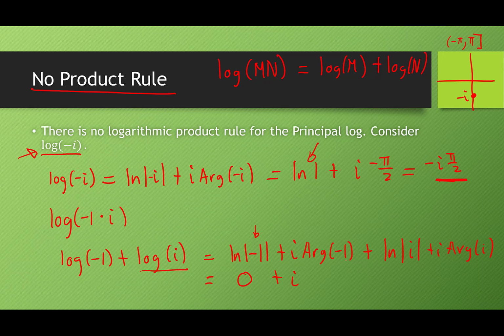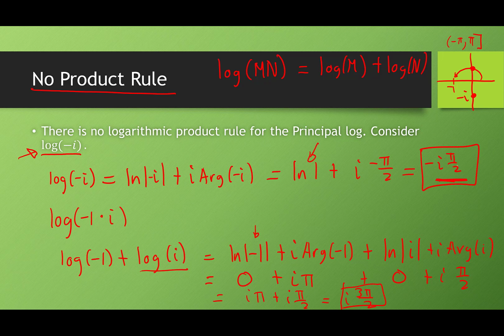Now, what's the argument of negative 1? Well, negative 1 is on the negative real axis, so the angle for negative 1 would be pi. Okay, so we got these first two terms done. Plus ln of the length of i. The length of i, again, is 1, so ln of 1 is 0. Plus i times the argument of i. The argument of i is pi over 2, because i is living on the positive imaginary axis. So if we simplify this a little bit more, we get i times pi plus i times pi over 2, and so in the end what we get is i 3 pi over 2. Now, what do you notice? Did we get the same thing here?